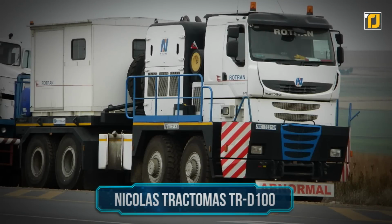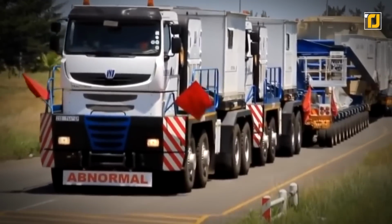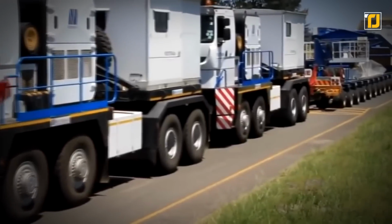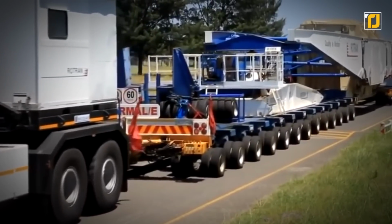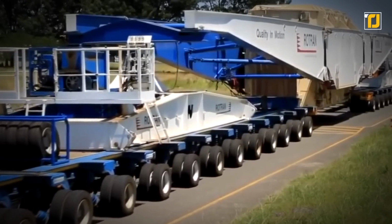Number 9. NICOLAS TRACTOMAS TRD100. When it comes to large semi-trucks, it doesn't really get much better than the NICOLAS TRACTOMAS TRD100. This is the largest semi-truck in the entire world. It features a 1,100 horsepower engine, making it capable of easily carrying a payload of around 350 tons in open